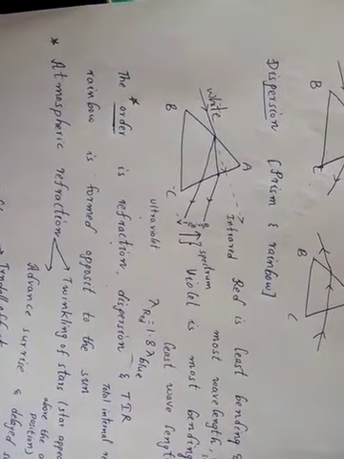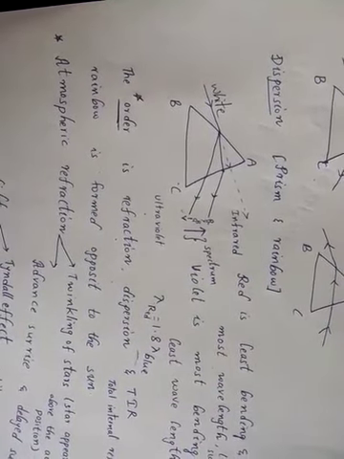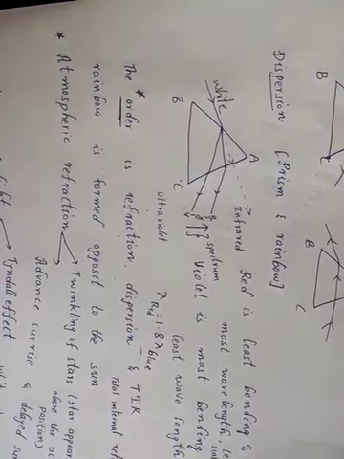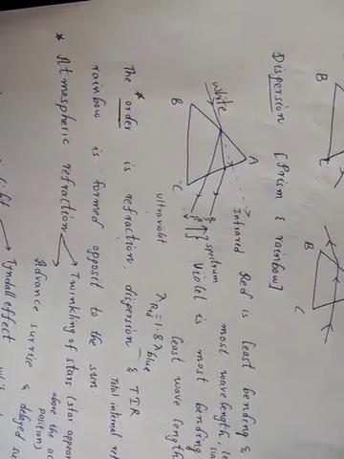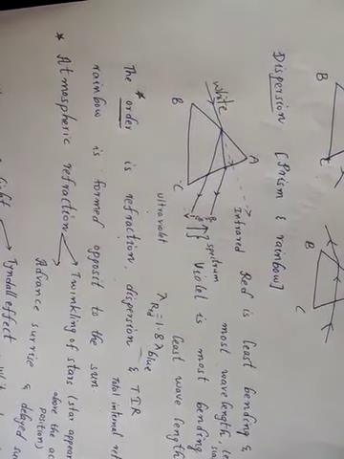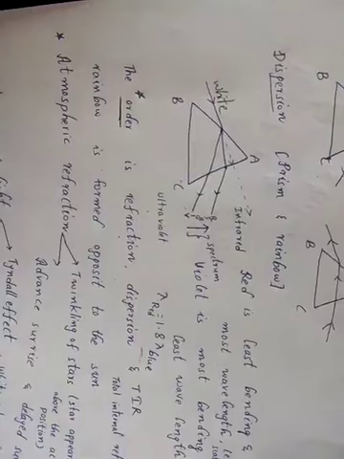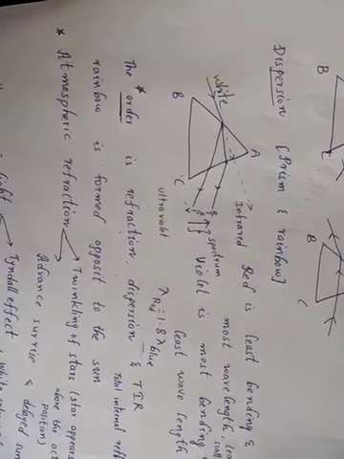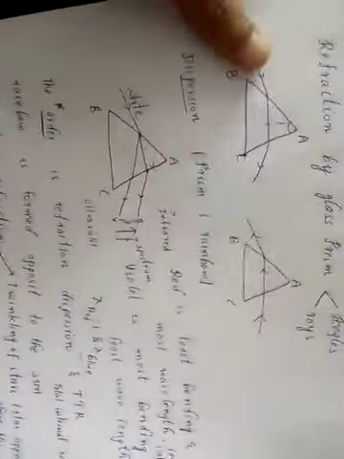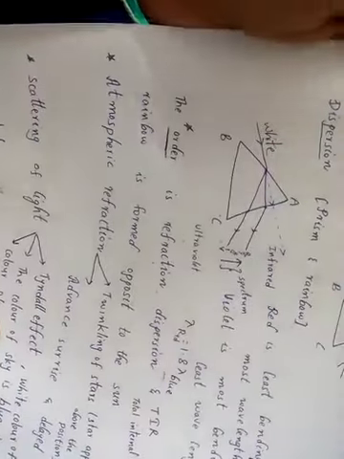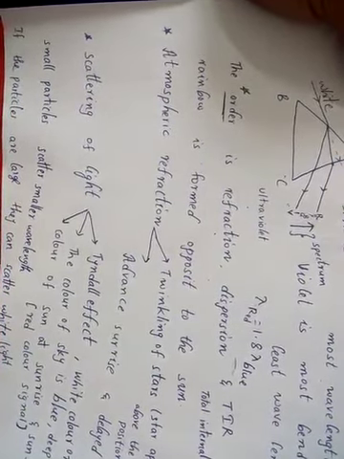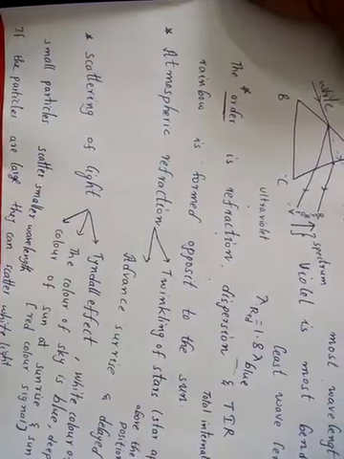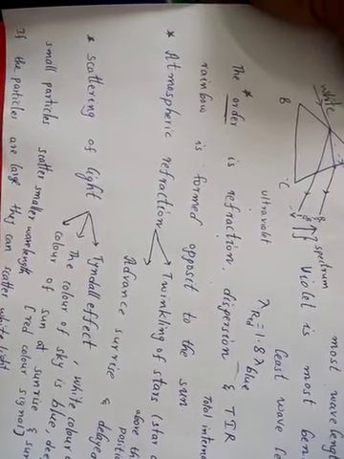Next, two other phenomena are given: atmospheric refraction and scattering of light. Whenever they ask about 7 colors, it will always be the spectrum. It is dispersion. Whenever they are asking about only one particular color, it is due to scattering of light. Remember, it is due to scattering of light when they are asking about only one particular color. If they are asking about any size, or position, you have to take it as atmospheric refraction.